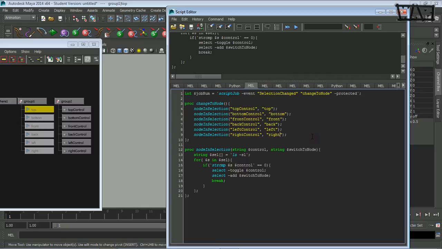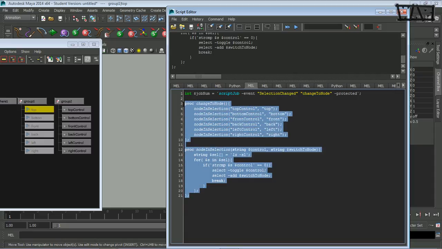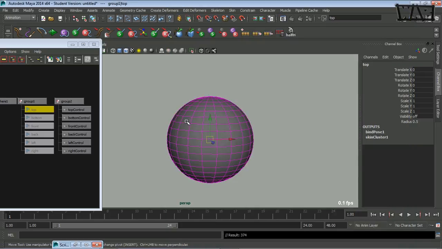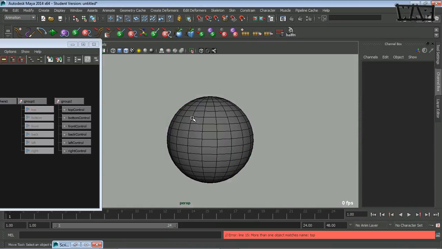Okay. So now that I've got all that done, what I need to do is I need to run both of these procedures. So I select them both and then press enter. And that's going to execute them without erasing them. Okay? And then after I do that, I'm going to select this line and run it. Okay, so I select it and run it. And now, when I select,